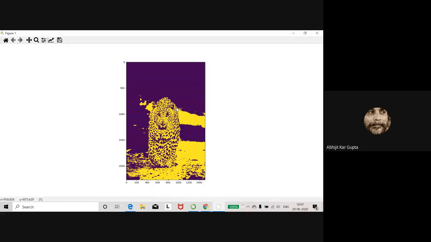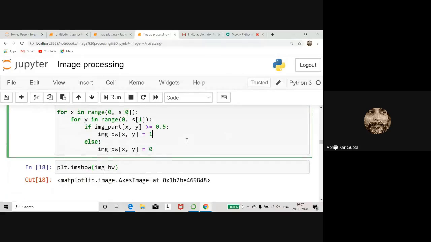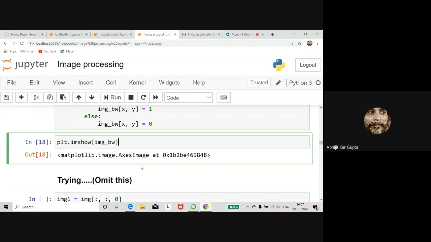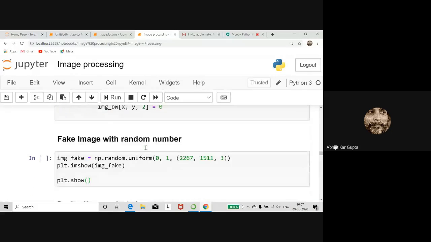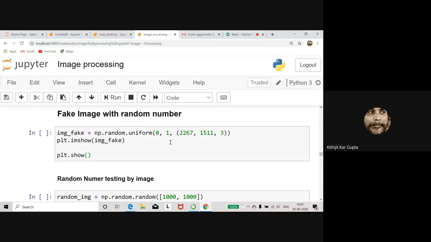But we want to create a production-quality black and white image, so that photographers like Kishore can accept this. Otherwise, they will throw us away. What is this nonsense we are doing? But I wanted to play with these things, and they are kind of fascinating. Anyway, you have seen my quote unquote black and white image. I was trying to create a real black and white image, but I won't do this now. I can show it some time later. Next, I want to create a fake image with random numbers.